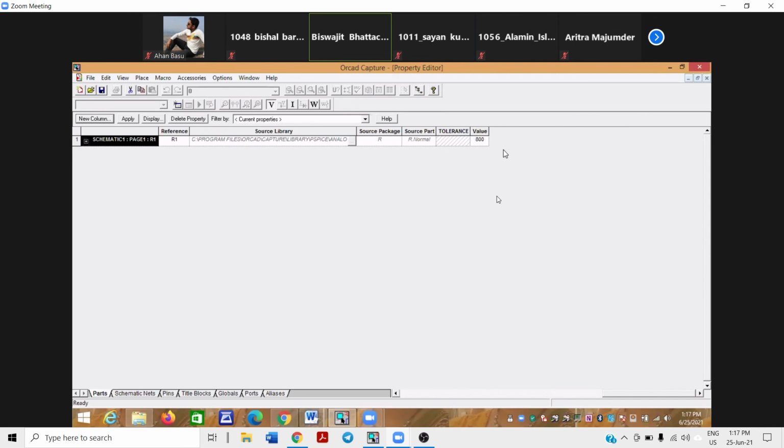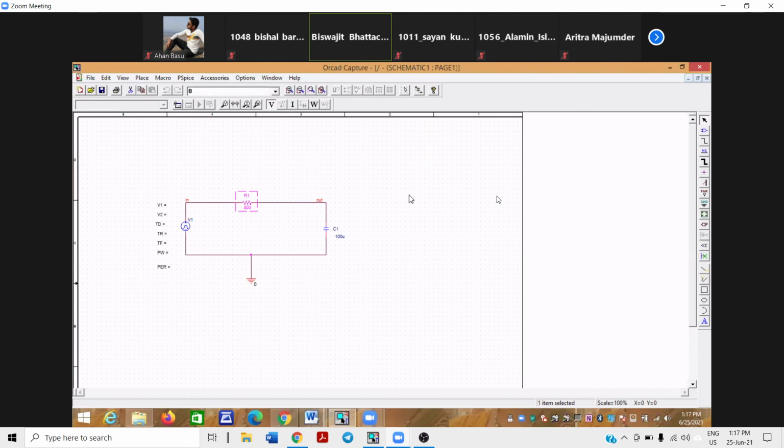That's a cumbersome way of changing, so I advise you to click only on the value. For a capacitor also, either you can click on the capacitor or on the value only. Not only the value, you can change many other things, but I am not going into those aspects today.